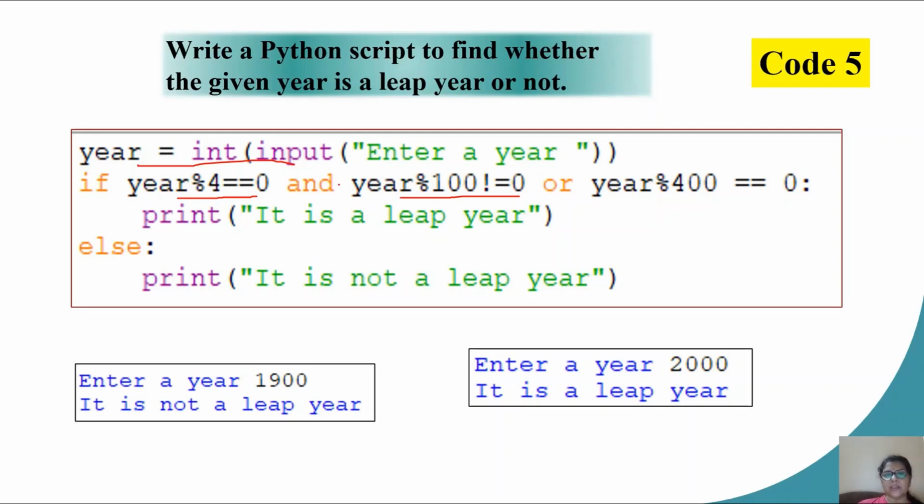So I join them using the logical AND operator. This is my first condition. Now the second condition says either the first group is true, or the case can be that the year is a century year, in which case if it is divisible by 400, then also we call it a leap year. For instance, years 1700, 1800, 1900, although they are divisible by 4, are not divisible by 400, so they will not be labeled as a leap year.